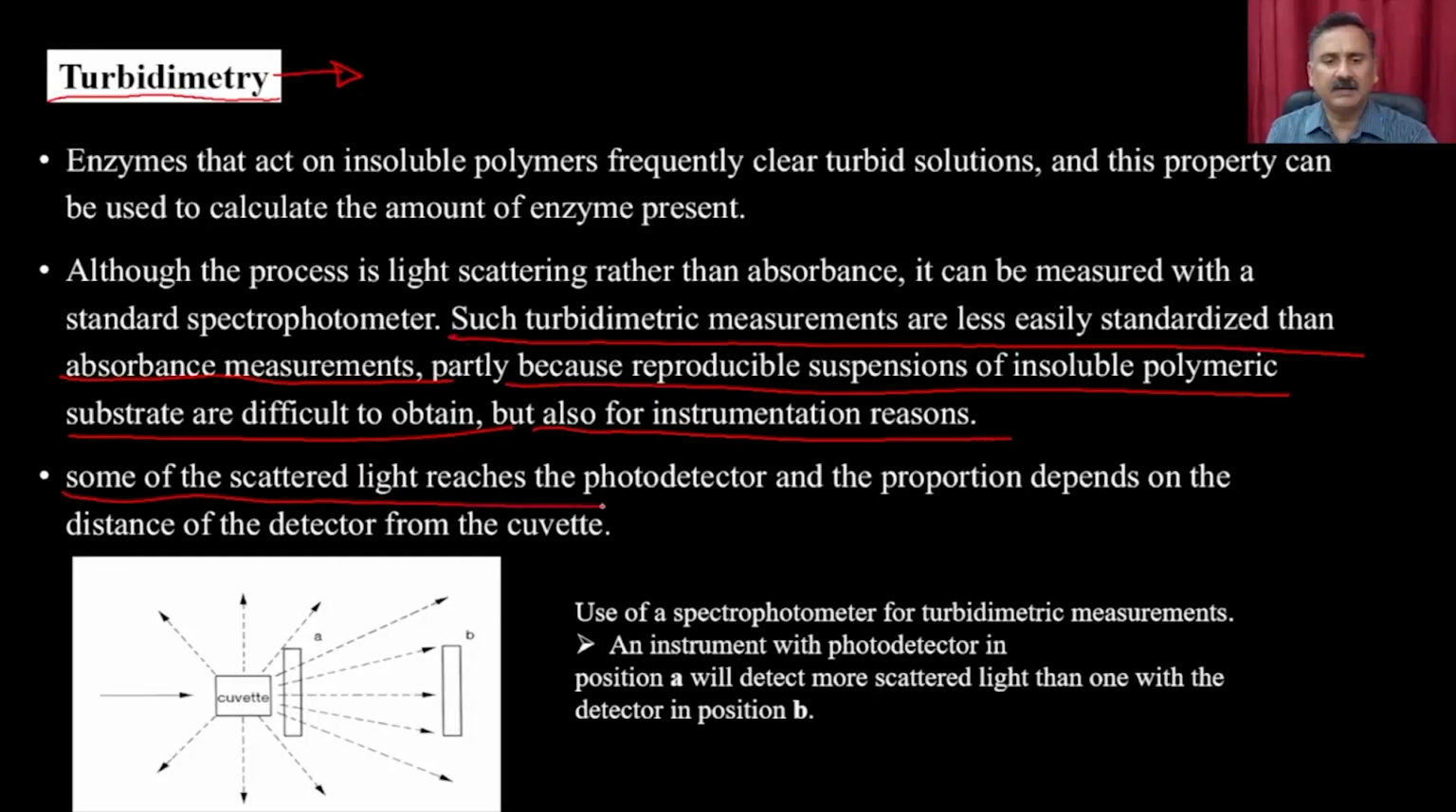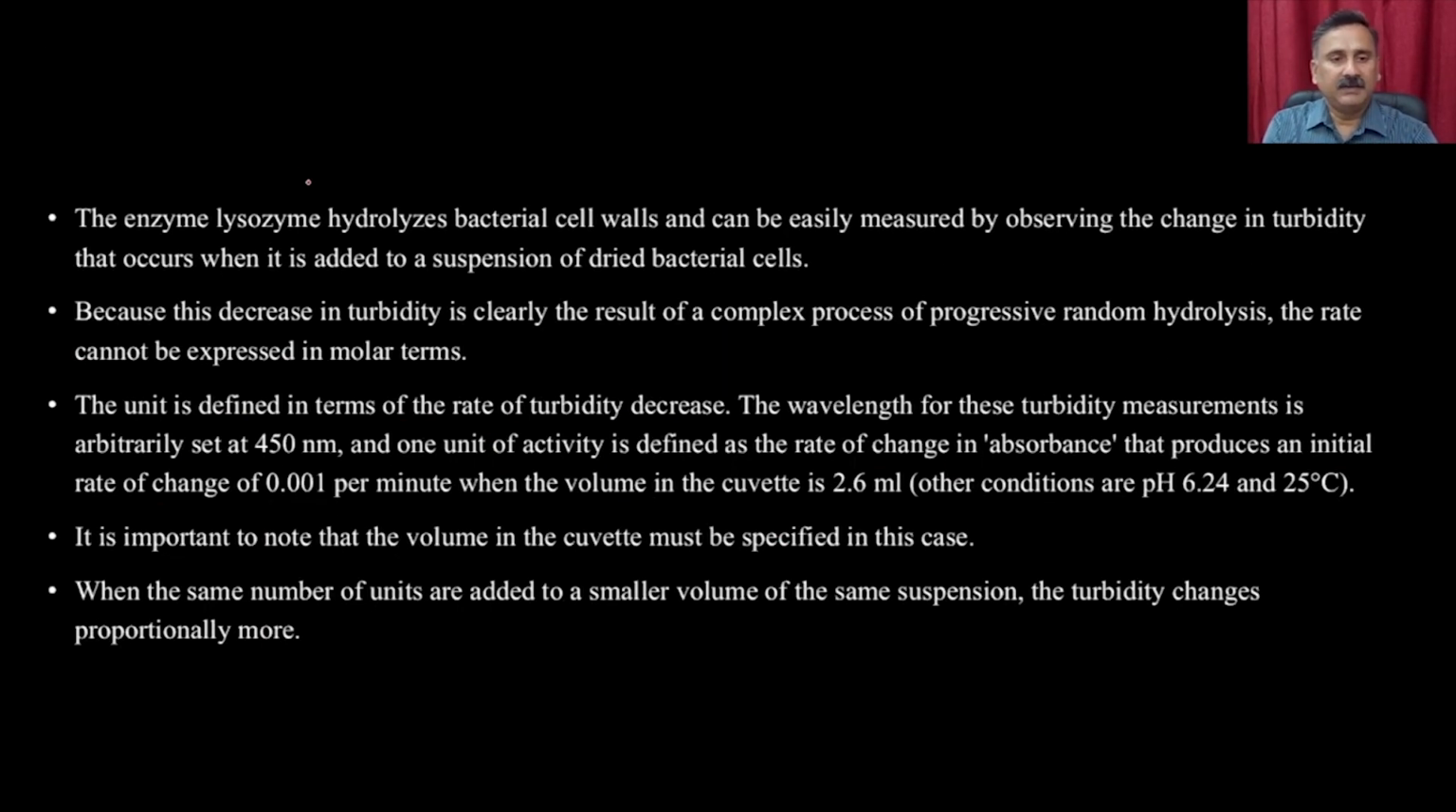Some of the scattered light reaches the photodetector, and the proportion depends on the distance of the detector from the cuvette. So this is what happens when you put the molecule in the cuvette and it has scattering properties. It scatters the light in all directions, and some of the light enters the detector, which affects the final results. The enzyme lysozyme, for example, hydrolyzes the bacterial cell wall,